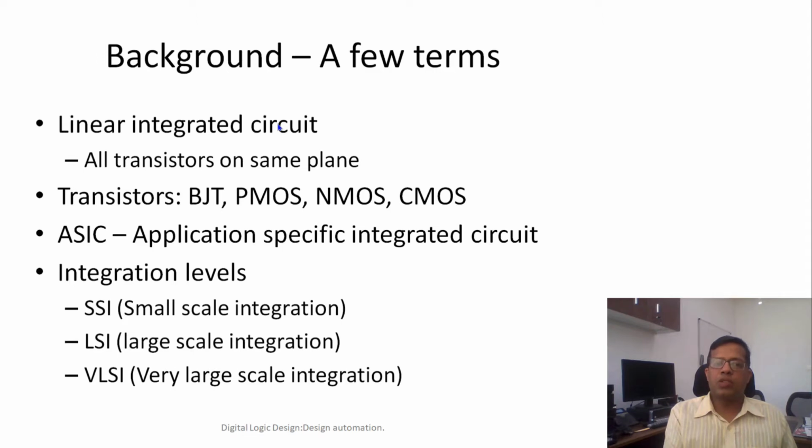The earlier transistors were, you would have heard of these names: BJT, bipolar junction transistor, PMOS, also sometimes called simple MOS, PMOS, NMOS, and also CMOS. CMOS will have both PMOS as well as NMOS. It's a design method, but still it's called a transistor. So if a transistor has both the components, PMOS as well as NMOS, then it is called CMOS. CMOS is complementary MOS.